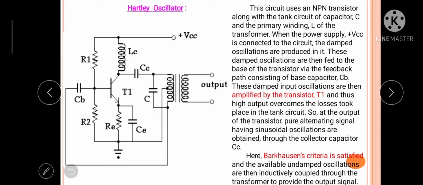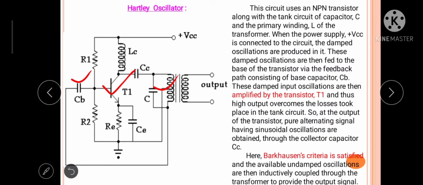As per our last discussion, any oscillator consists of three main blocks. The first block is the LC tank circuit, or we call it the tuned circuit. Here it is, this LC circuit. The second block is related to the amplifier. This particular circuit, including the transistor, is an amplifier. And the next block is a feedback circuit. Here this capacitor CB, from this output, works as a feedback circuit.